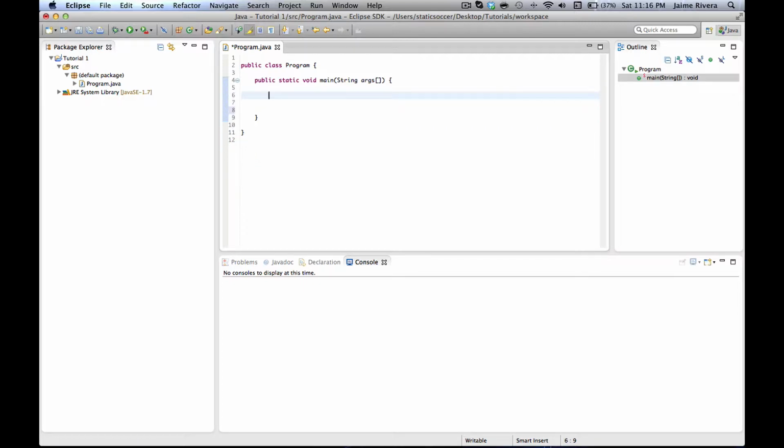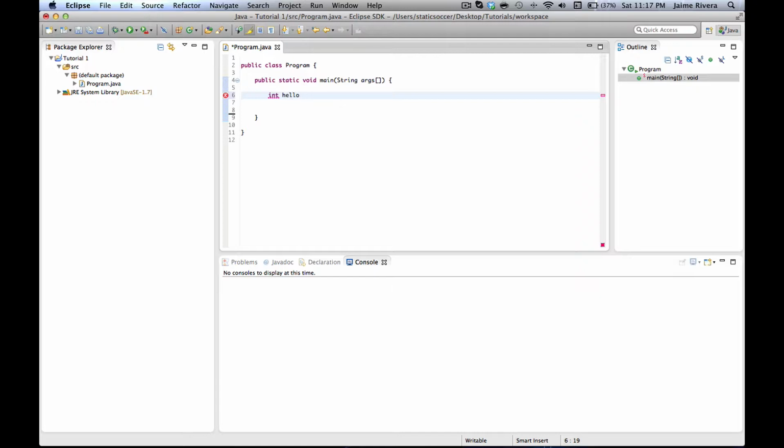Now, just before I go into this, you see these purple things in Eclipse that are being highlighted? These are Java keywords. So in Java, whenever you want to make a type, like a variable of a specific type, there are 8 primitive types. And I'll go into them later, but we're going to start off with an int, and as you see, I've typed in int for integer, it's highlighted purple already. So whenever you want to make a variable, you have to give a type. So we're giving the type int, and we're going to call it